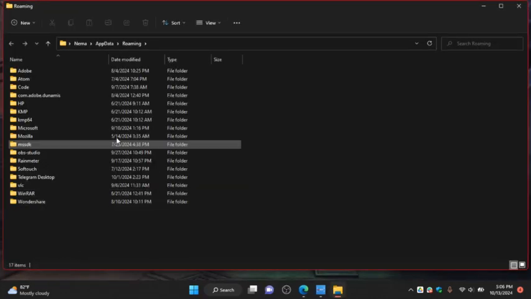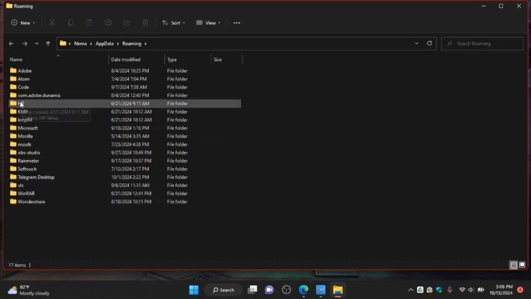Okay, good. Then on this AppData command, you search for the Discord folder. If you don't have a Discord folder in your AppData, that means you don't have any cache for Discord on your Windows computer. But if you find something like that, which is